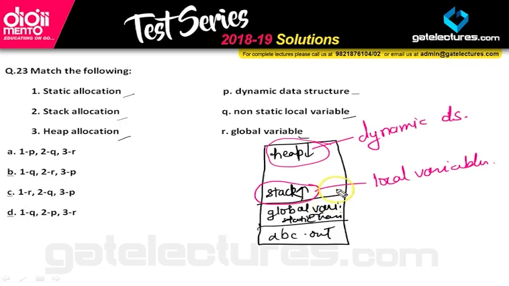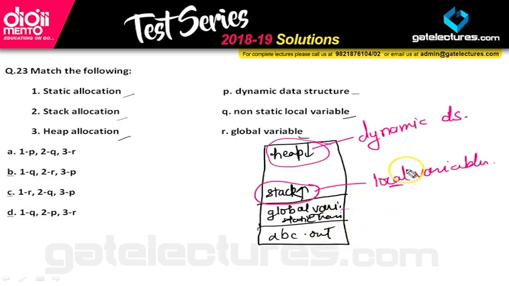Why do we use stack? First of all, we know the property of stack. If I want to store something temporarily, like local variables, I use them only within the function call. After that I don't need it. So stack is the best option for that, because I am temporarily storing my local variables, and then I will use those local variables somewhere and pop them out. So stack is the best option for local variables, and heap is used for dynamic data structures. For global variables and static variables, we have assigned a different space.